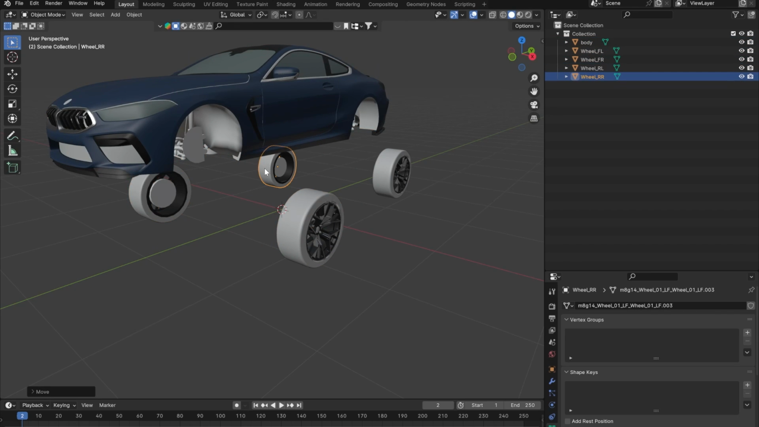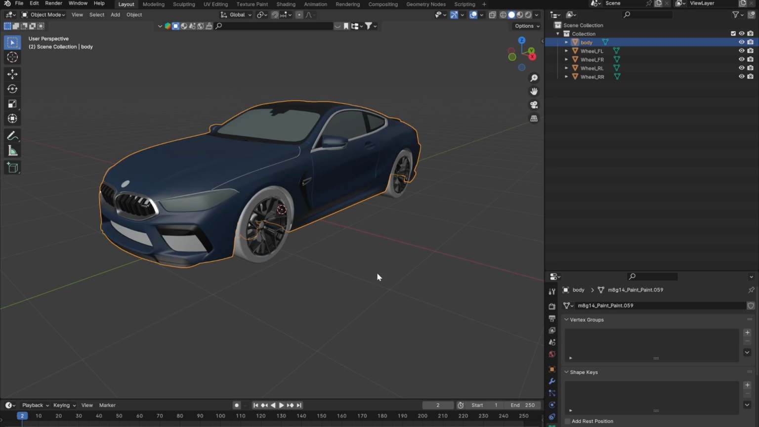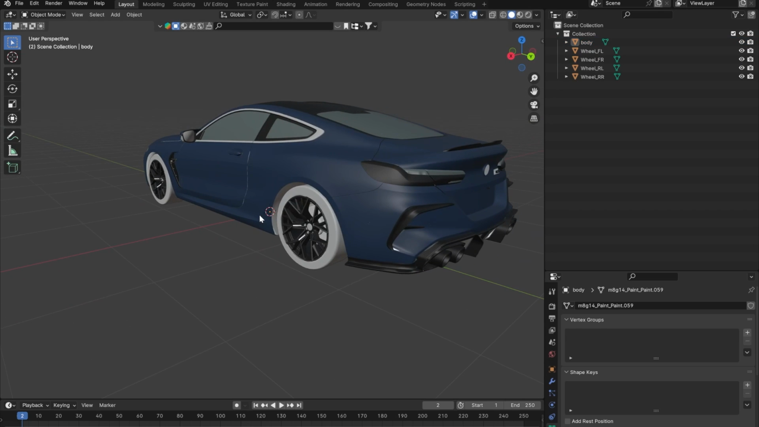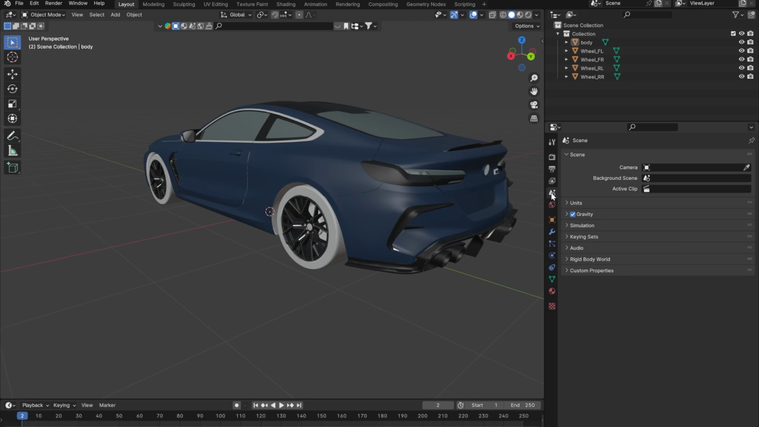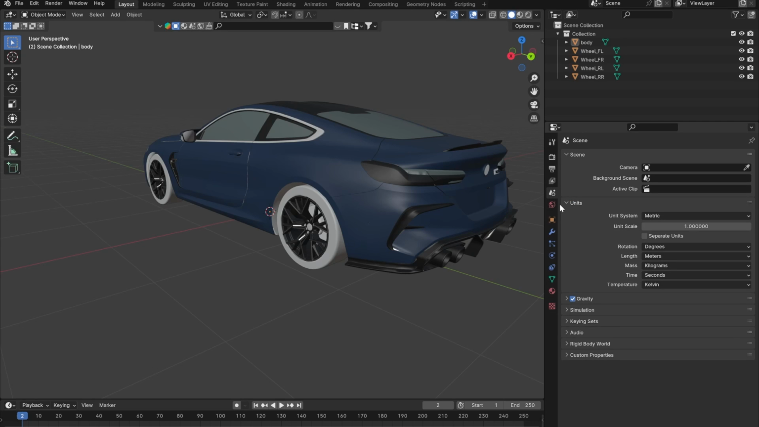Okay, so let me undo that. So now we can just go ahead and get started with the rigging process. For the rigging process, the first thing we need to do is set the units correct for Unreal Engine. Basically, Blender follows different units than Unreal Engine. So just go to Scene, go to Units, and set this